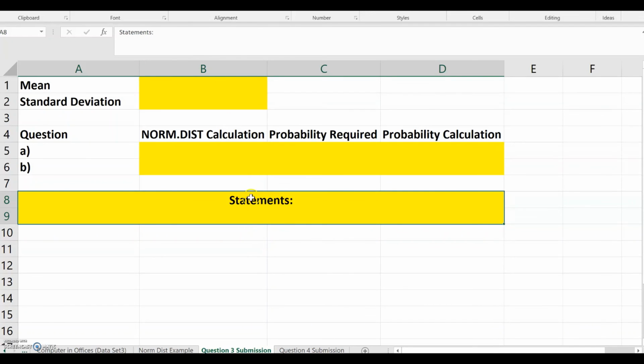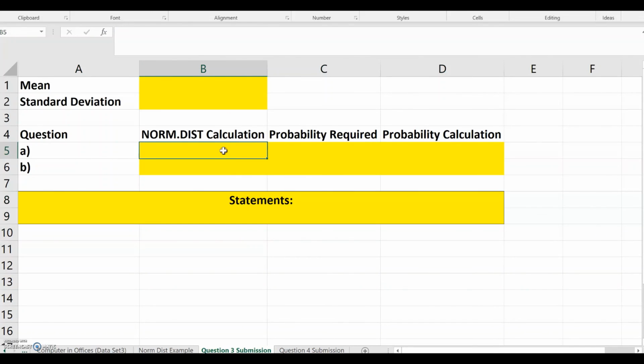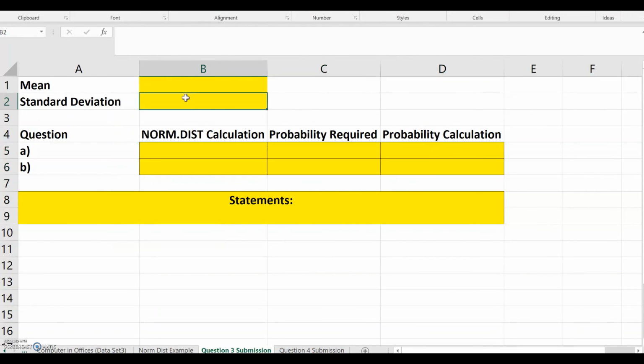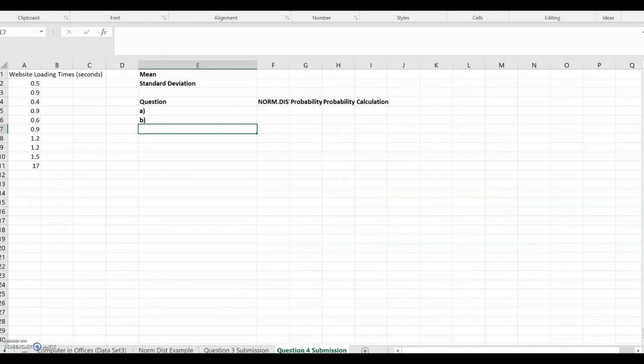Okay, so make sure that you try each of these questions on your own and get in contact with me if you're having any difficulty. I'm happy to jump on WebEx and share my screen with you and walk you through the steps to make the calculations. Okay, the one thing to add is that for question 4, I'll zoom in,